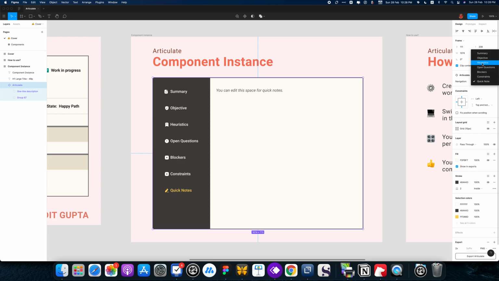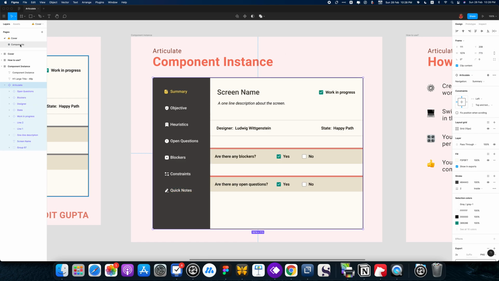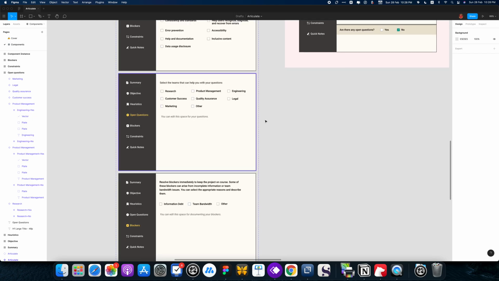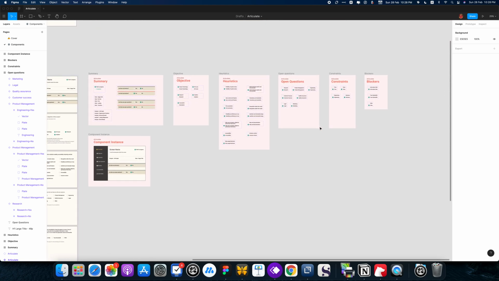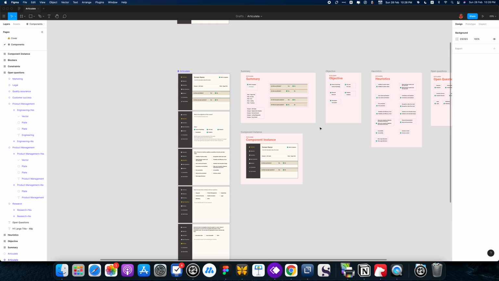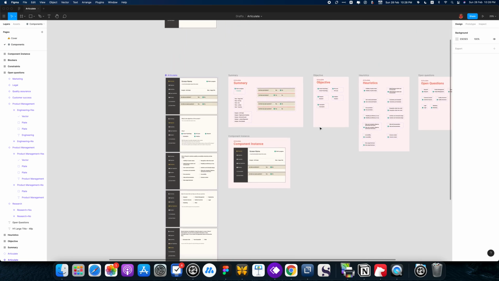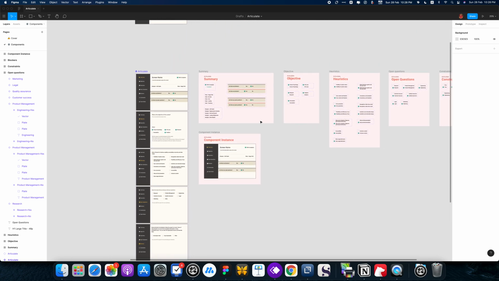So this is basically a very simple Figma component. And if you go to the components page, you can see that all the components are listed here. Feel free to change them according to your needs. You can also see all the variants here. And the whole idea is that this simple Articulate component will help you in design documentation and in understanding the design evolution. So I hope this helps,